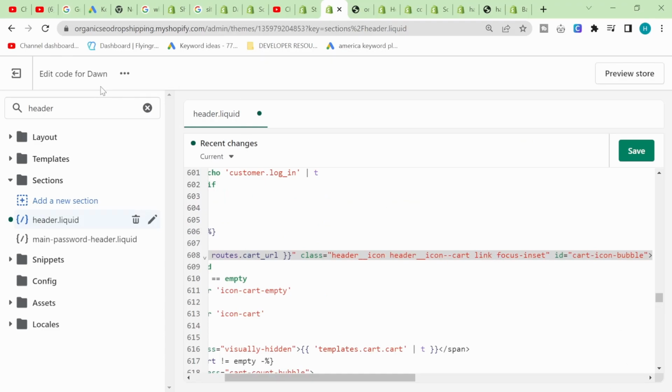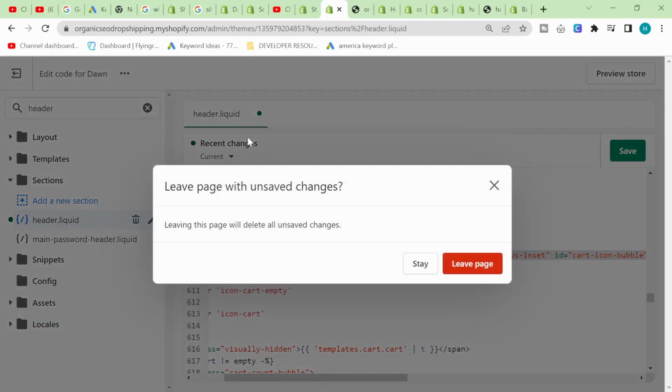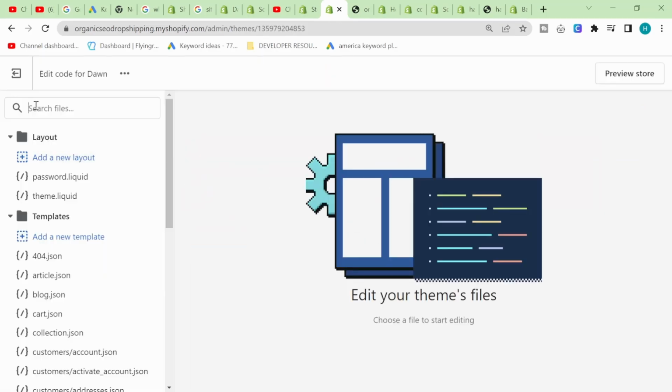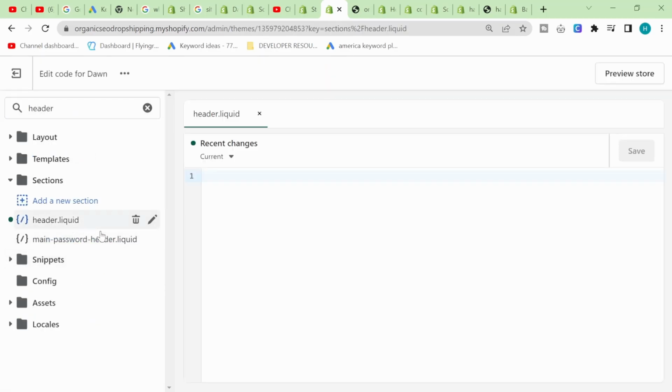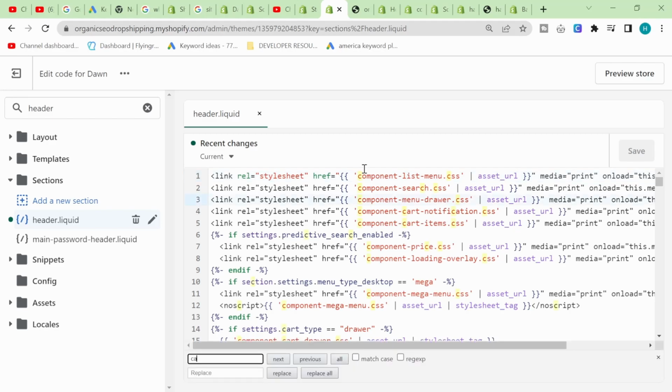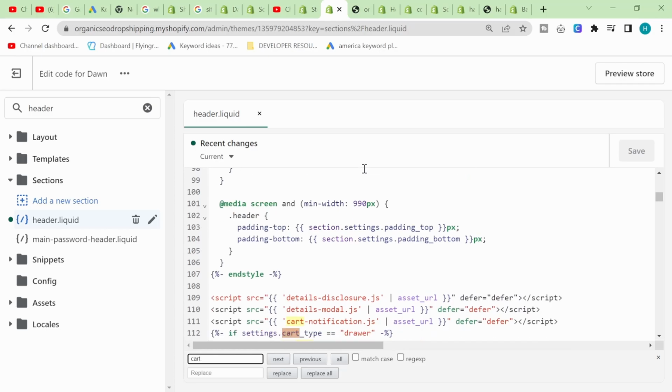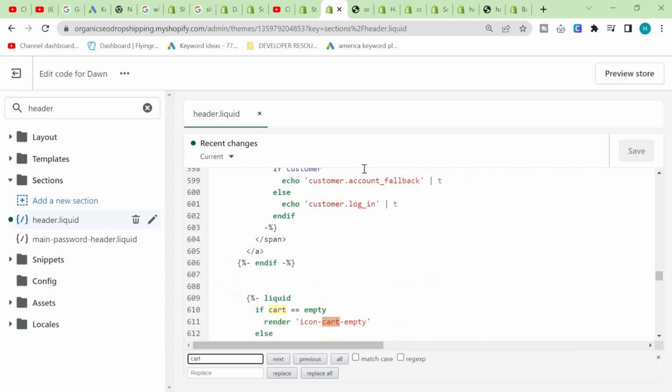So what you're gonna have to do is type in header on the code editor on Dawn. So let me just exit, let me start this again. So click edit code here, type in header here, click on header.liquid, press Control F and look for cart, and then you're gonna have to press enter a lot of times, okay? And what you're looking for is when it says